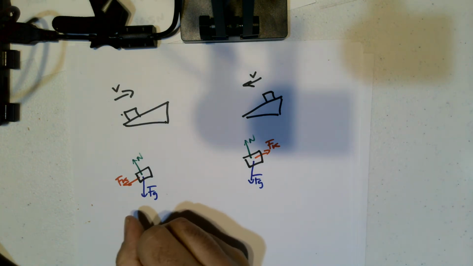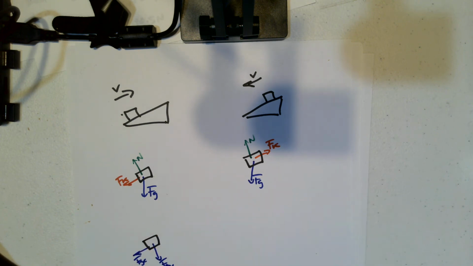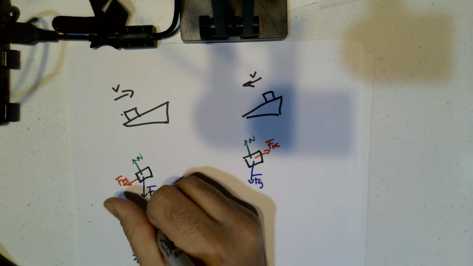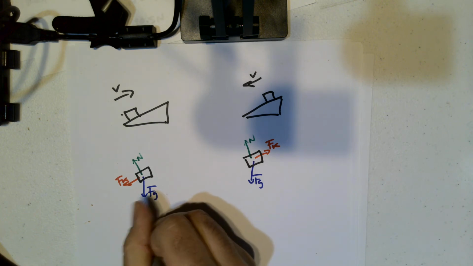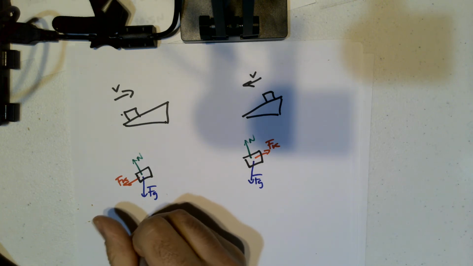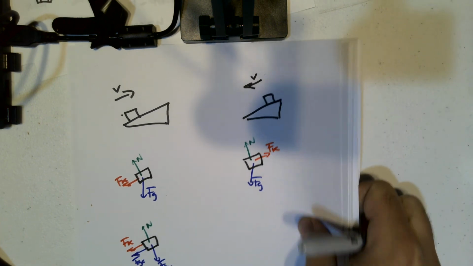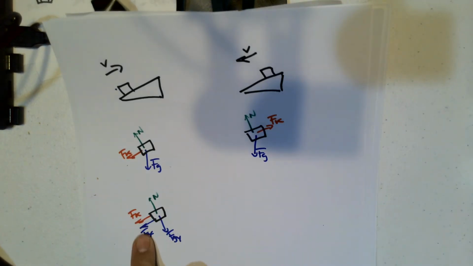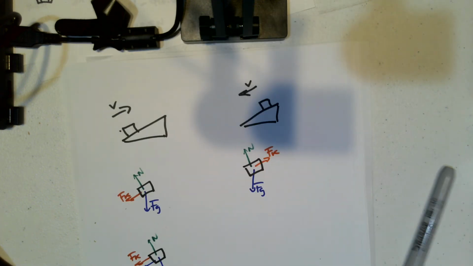Gravity can be broken down into the x component and the y component. And let's leave the normal force alone. Let's leave the friction alone. What I want you to see here is that when we look at the x direction, these two forces, the kinetic friction and the x component of gravity, are working with each other, hand in hand. Now let's look at the